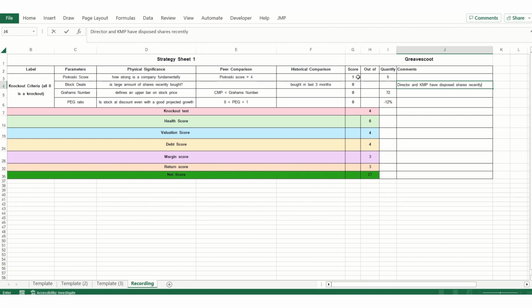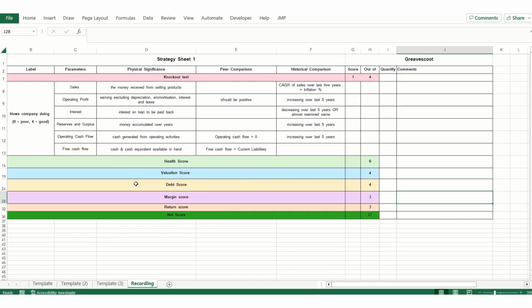So now your knockout score is 1. You can just add all of them. So out of 4, you have only 1 score. And if all of these were 0, then you really don't have to proceed further. You are going to knock this stock out of your list, because this company would look pretty unhealthy in terms of fundamentals. So you can just knock it off if this score was 0. Since it is 1, we still want to proceed further to look at how the company is doing.